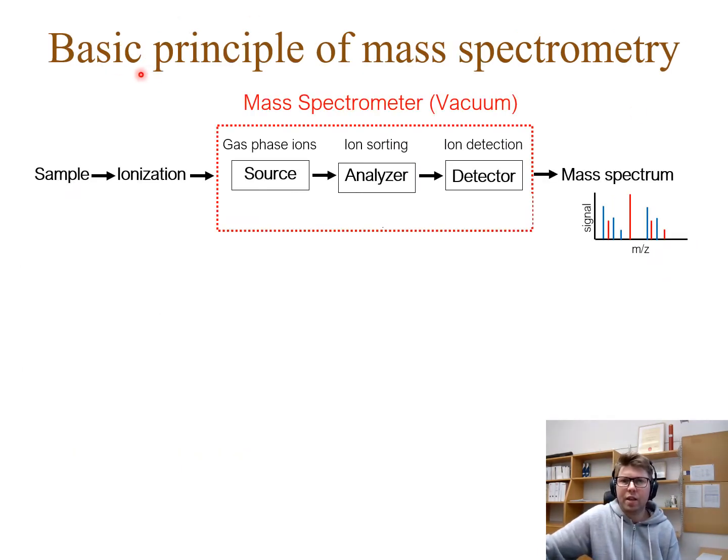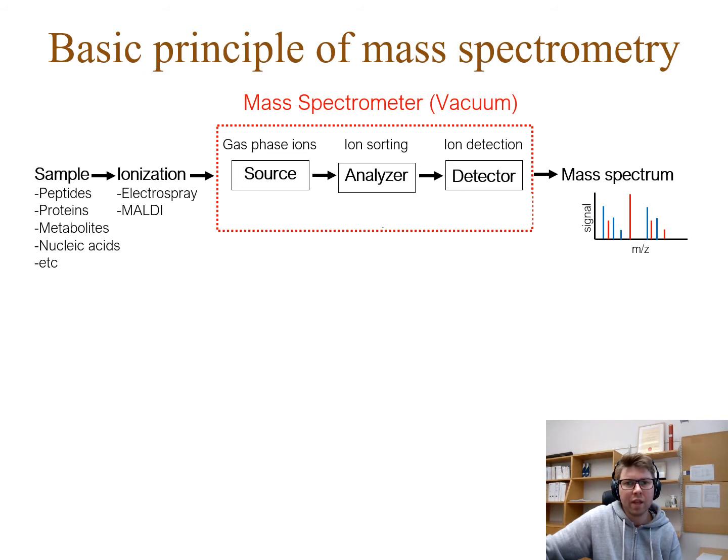And the basic principles of mass spectrometry involve a sample which is ionized, and these ions can then be analyzed in a mass spectrometer which operates at vacuum. The mass spectrometer at the end of the day gives you mass spectra that can be functionally interpreted. Mass spectrometry is versatile, and you can analyze any type of ions, so not only peptides and proteins, but also metabolites, nucleic acids,